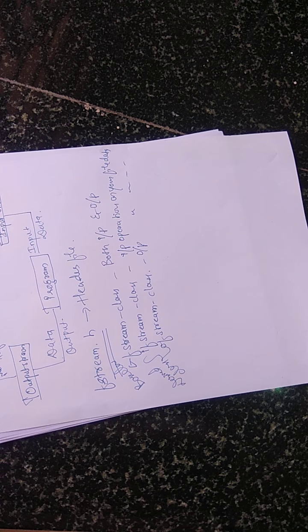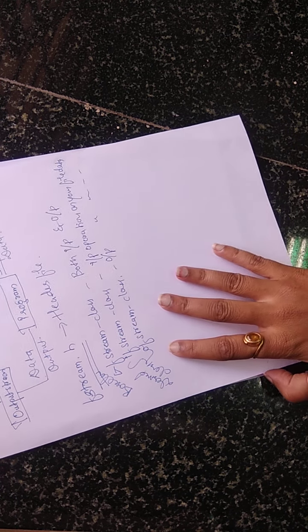So we'll see now the stream class hierarchy for your input output operations. These are the general things we have learned in the previous class. Now we'll see the next part, that is the stream class hierarchy for your input output operations. There are different input and output operations which we can carry out on your file data. Now how this data flows in a hierarchy from one class to another class, which is a base class and which is a derived class, all that hierarchy we'll try to study.